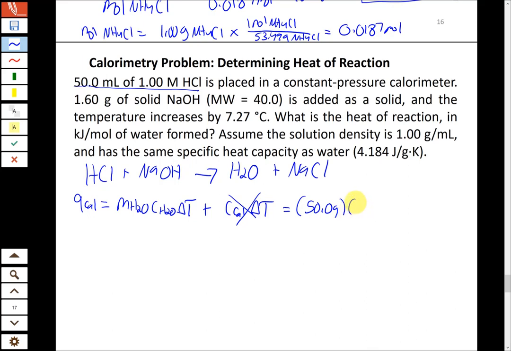The heat capacity, again, we're still assuming is 4.184, even though we're dissolving things in it. And then delta T increases by 7.27 degrees Celsius. So it's going to be a positive 7.27 degrees Celsius for delta T. We have to calculate it here. So that gives us 1521 joules. So the heat for our calorimeter is 1521, which means that the heat for the reaction